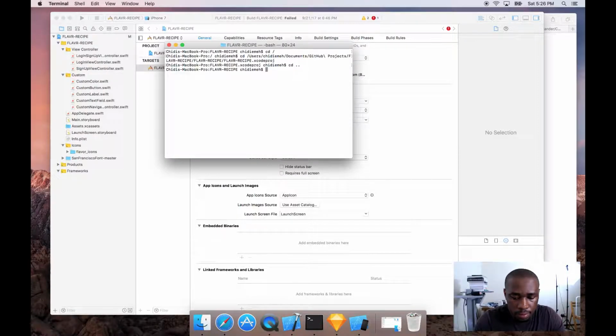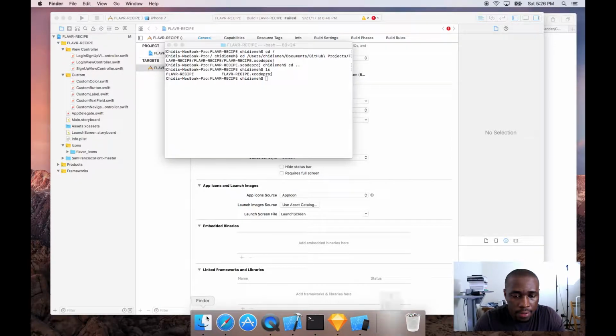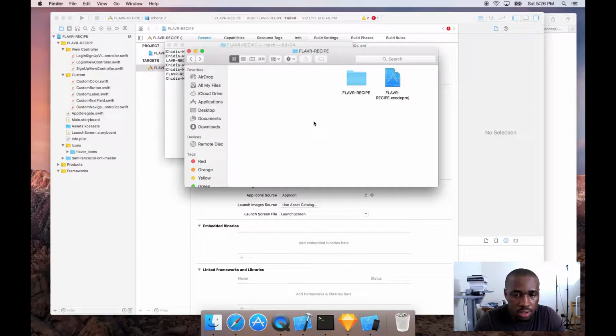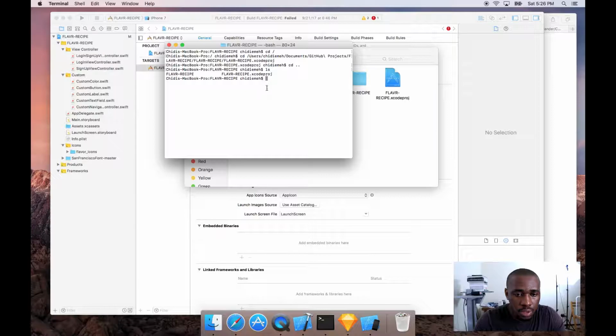To go back, and right now if I type ls enter, it shows me those two, the folder and the Xcode project, like we have in the folder, like we have here, right? These two things. So this is where we are right now. So once you're here, you're gonna